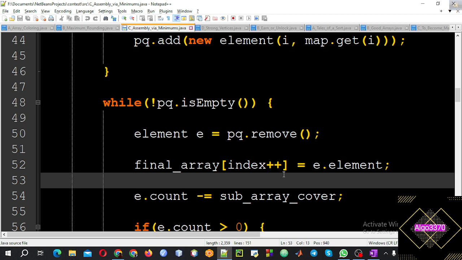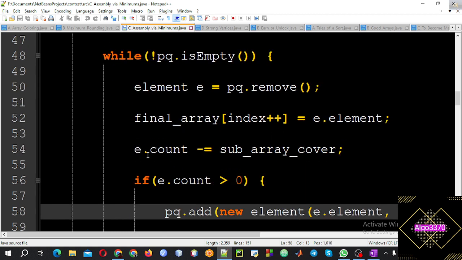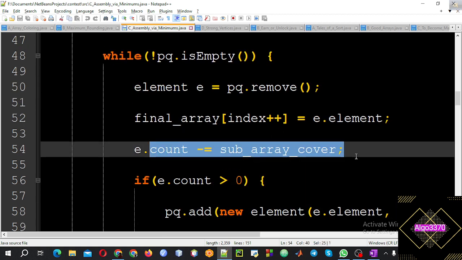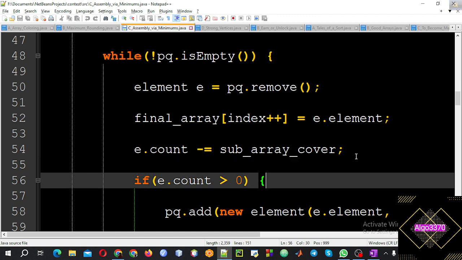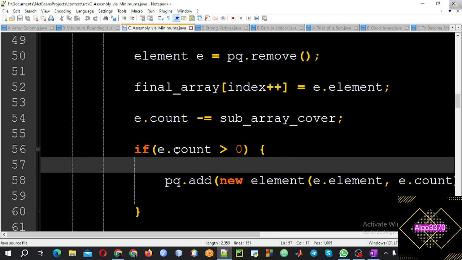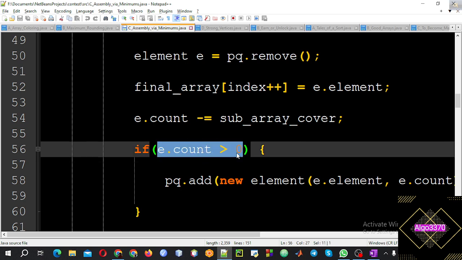And update these indexes, and remove the count of the subarray. This will cover here, and from the initial counting of that particular element, if some count is still present here,